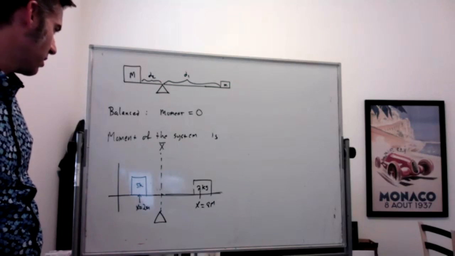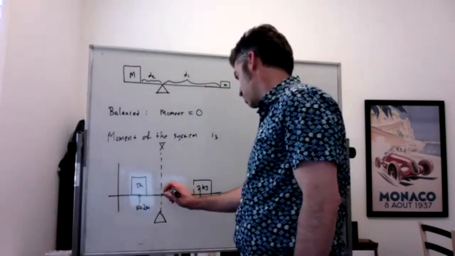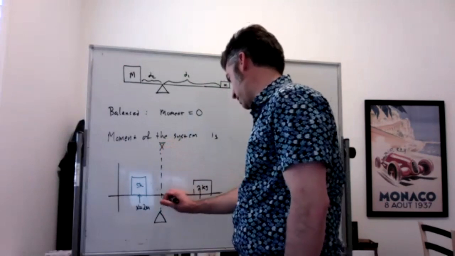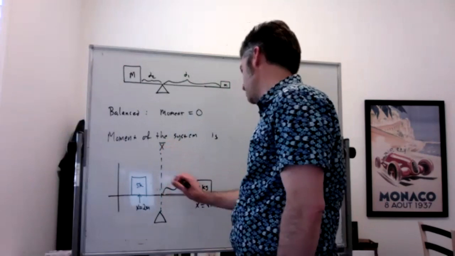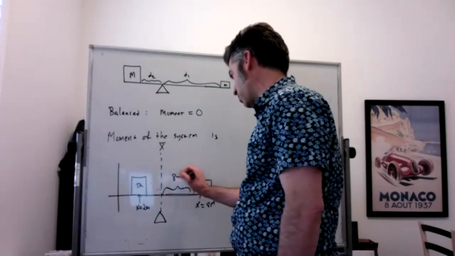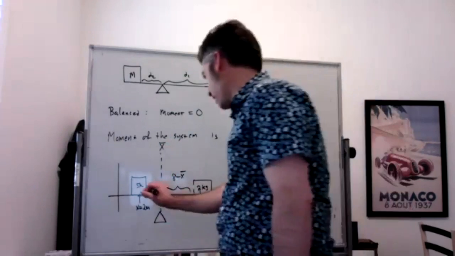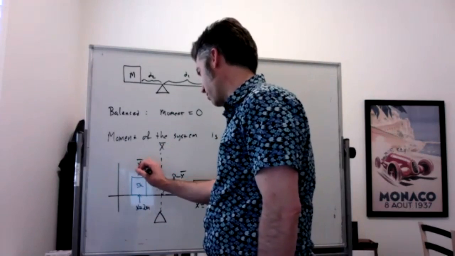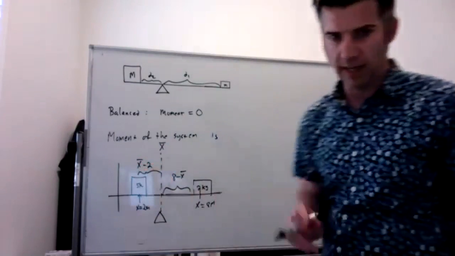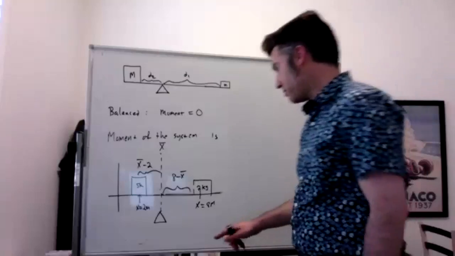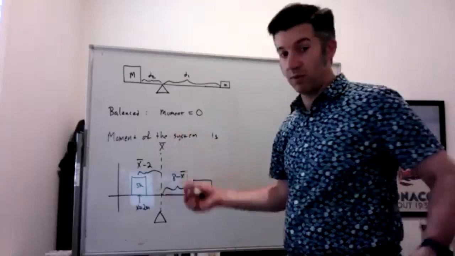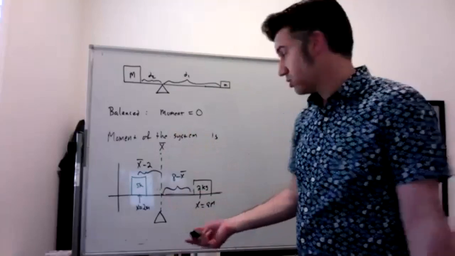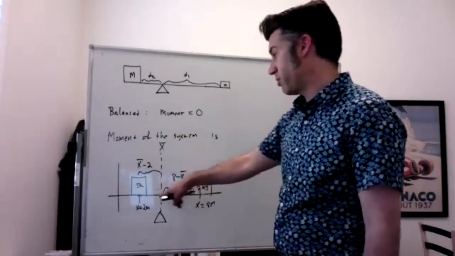What am I missing here? So let's say that this is, okay, sorry, I got it here. This distance is 8 minus x bar. There we go. And this distance is x bar minus 2. Got it. So then the moment around this, which we want to be 0, should be this moment plus this